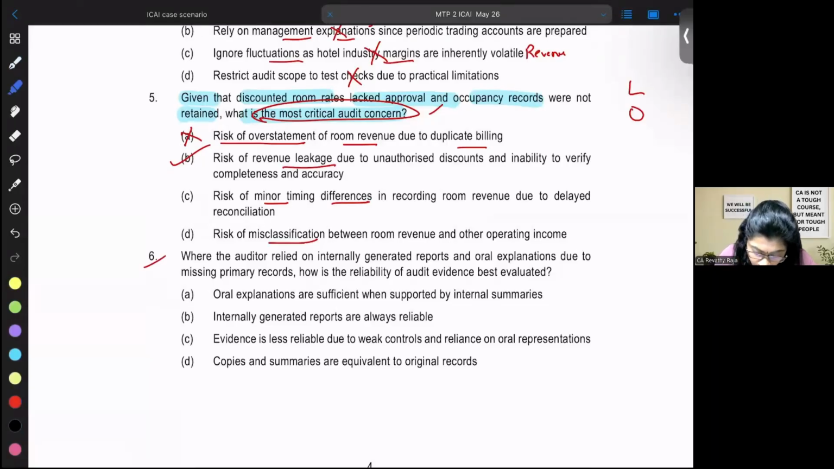6. Where auditor relied on internally generated report, oral explanation due to missing primary records, how is reliability of evidence best evaluated? I felt this is a good question. I'll give you 10 seconds time for you to say the answer. You say any answer which you want. A, B, C, D. The auditor is relying on what? Internally generated report they are relying. Oral explanation they are relying. Because main records are missing. How you will evaluate